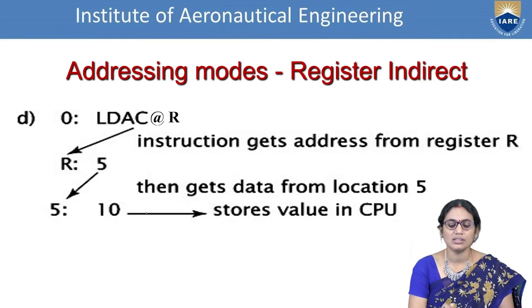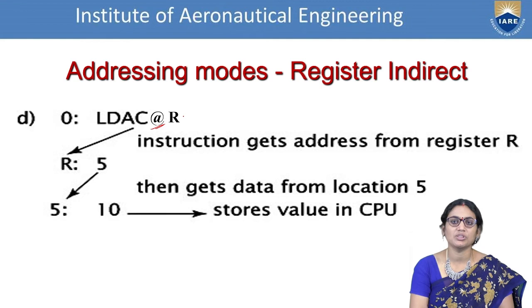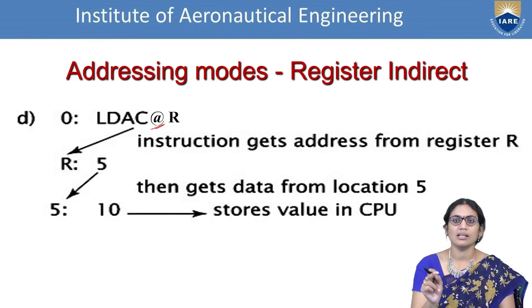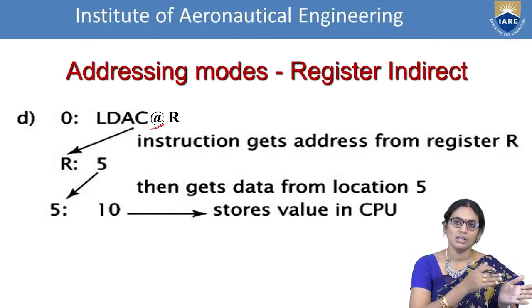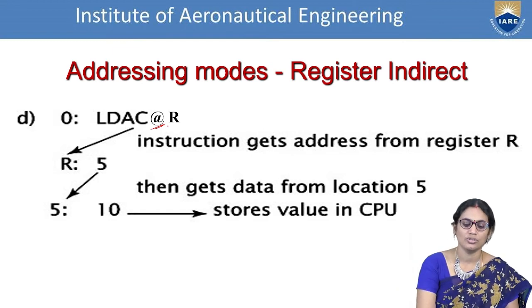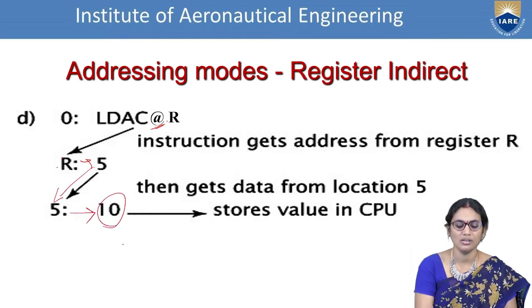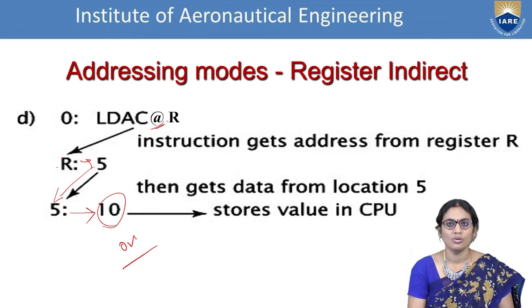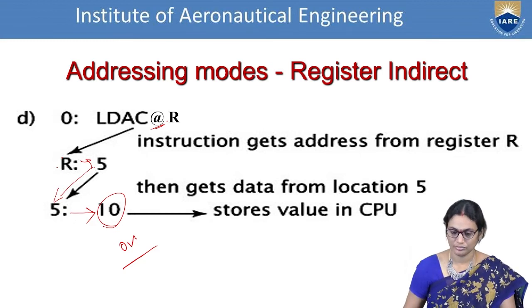Next one is register indirect. In the register indirect, we'll have the same convention again. Instead of direct R, we'll be providing a special symbol, at the rate, and we'll be giving R. So what happens here? @R is some location that is having some other address. That address will give some other location that will have my original value. So you can see R is implied with the 5. 5 is again one more value, which gives me the new value. So here this is my original value. In this way, we are performing the register indirect operations.